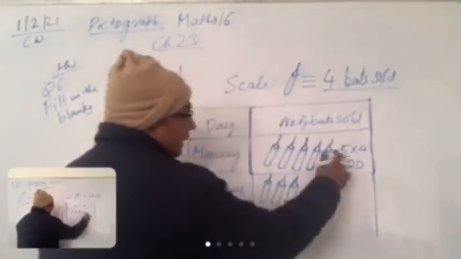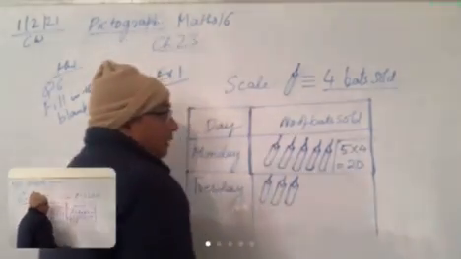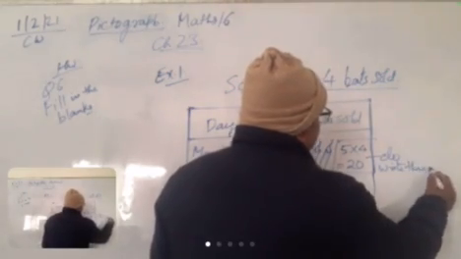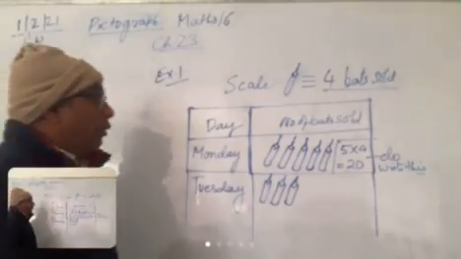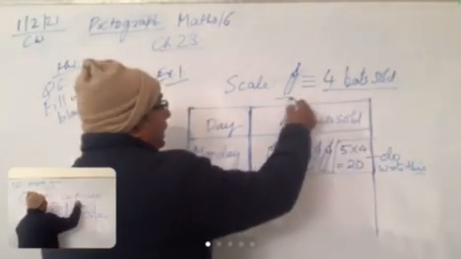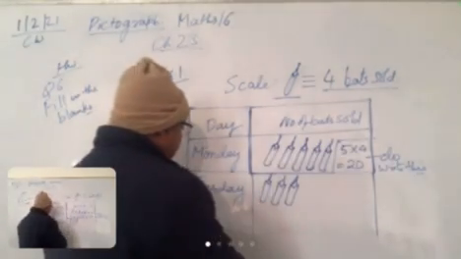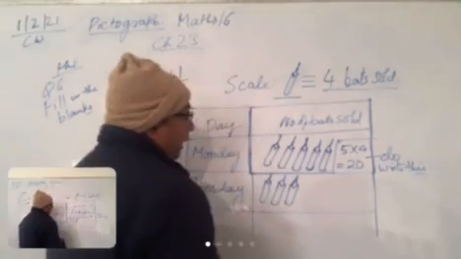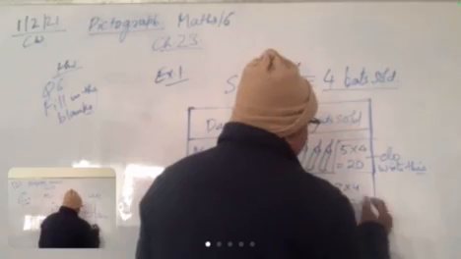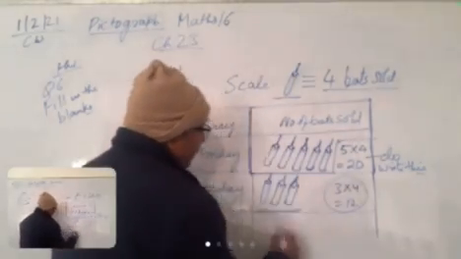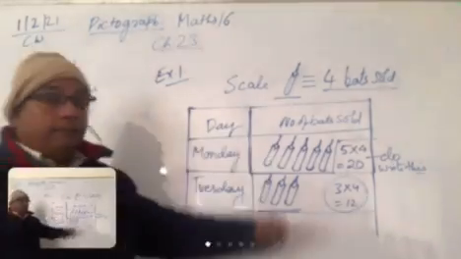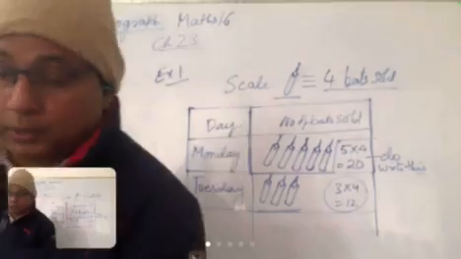So this means that this is not required to write in this. Don't write this. Only the information is given in the form of pictures. I just tell you that my scale is 1 bat is equal to 4 and on Tuesday the number of bats sold is 12. So there we can draw 3 bats. Now 3 multiplied by 4 is equal to 12. This shows that these 3 bats show that the number of bats sold on Tuesday is 12. Now it is clear. This is called a pictograph.